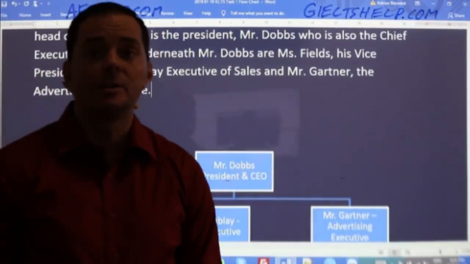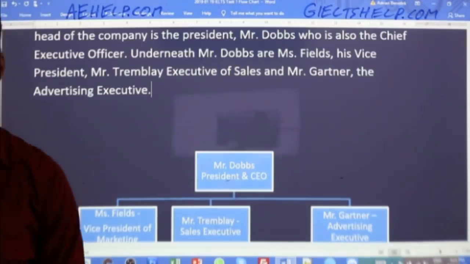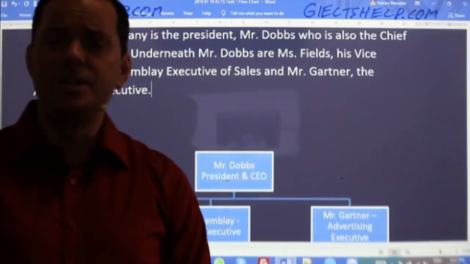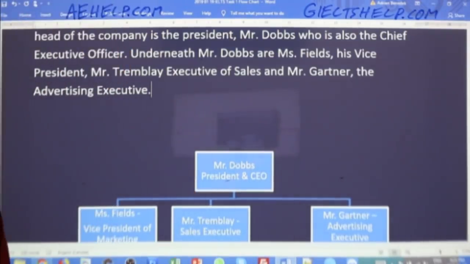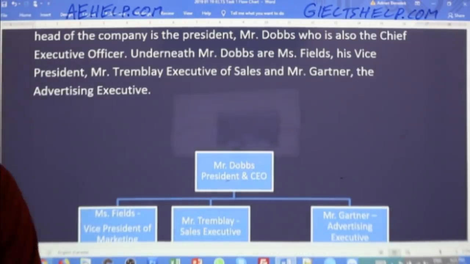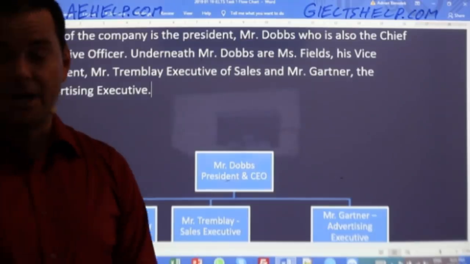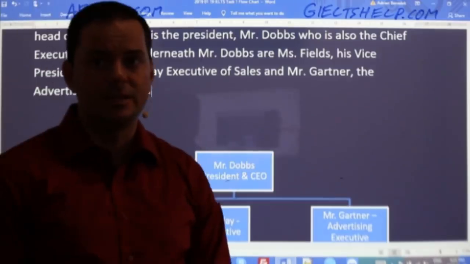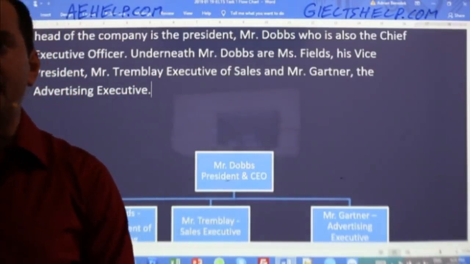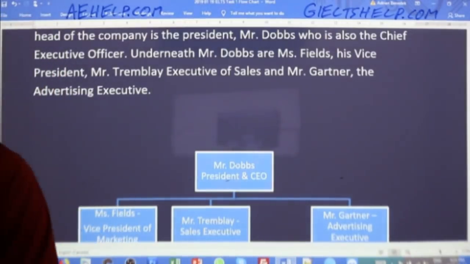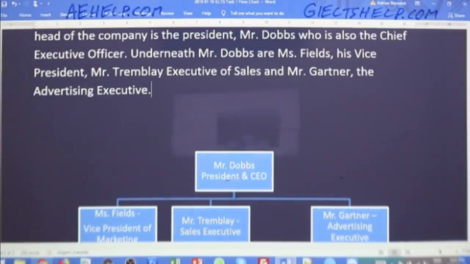So start with the, Sahil. The organization has, remember your plural singular, Sahil. The organization has a number of staff, which includes the vice president, the sales executive, and advertising executive. If you use capitals, Sahil, then the vice president, the V and the P should be big. There's a comma after president. It's a very important comma. Sales executive and advertising executive. So if those positions are titles, then use capitals for the first on all those letters. Okay.